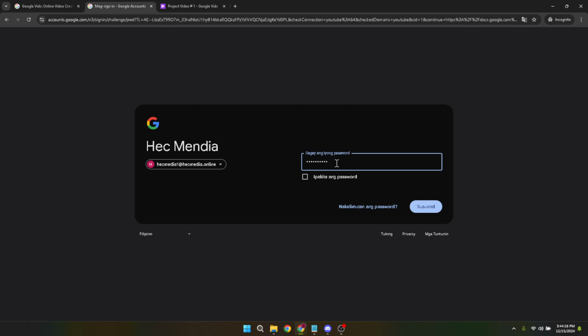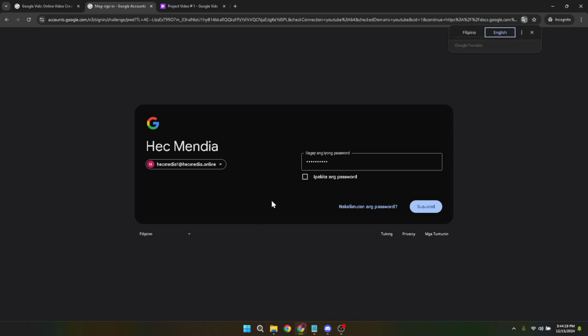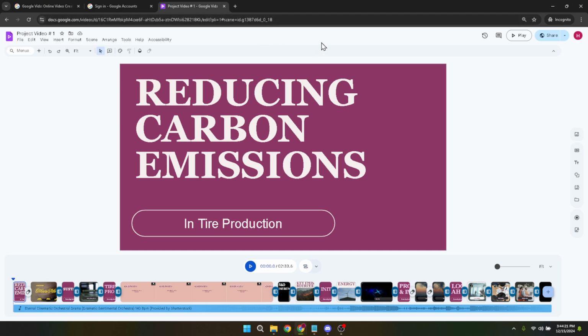Now, with access to your Google account, you have the ability to view and manage your videos. To change the resolution of a specific video, you want to first locate the video within your library or the shared videos available to you. Navigate through your videos and click on the one you want to adjust.